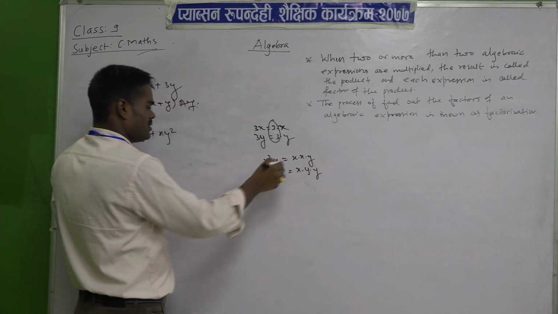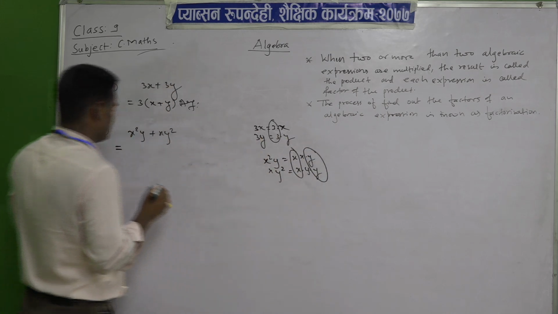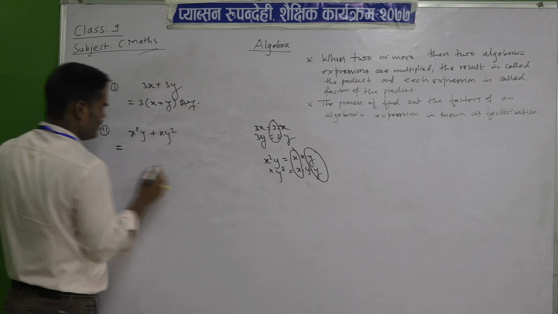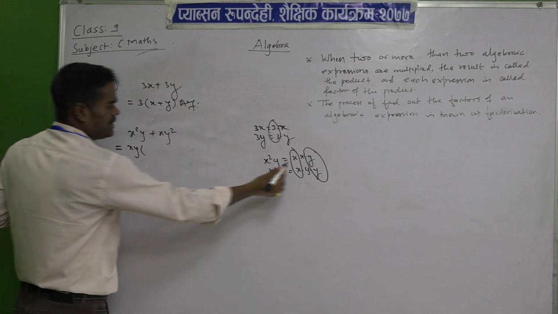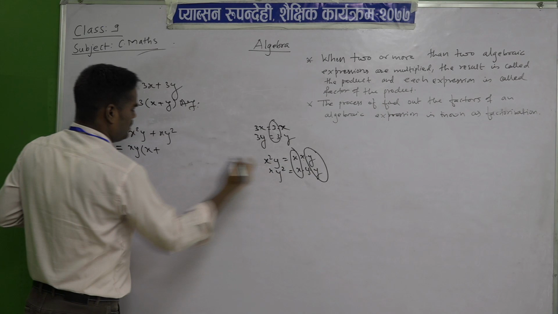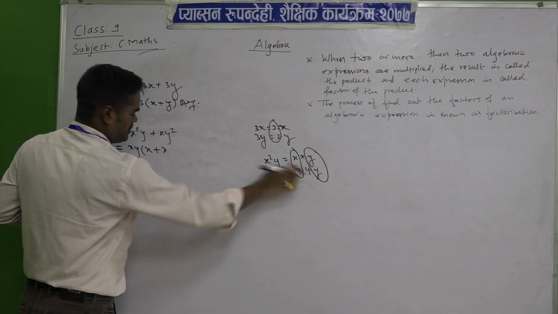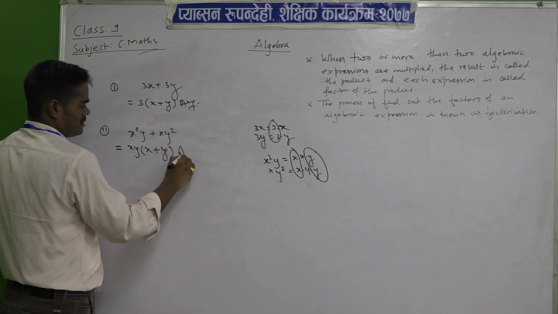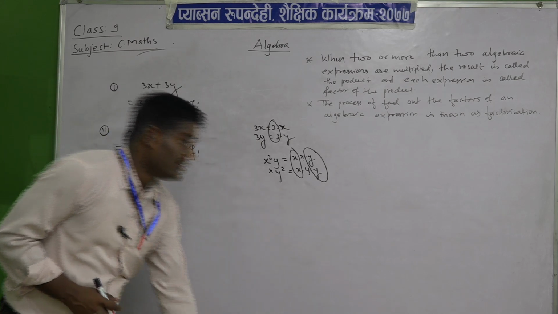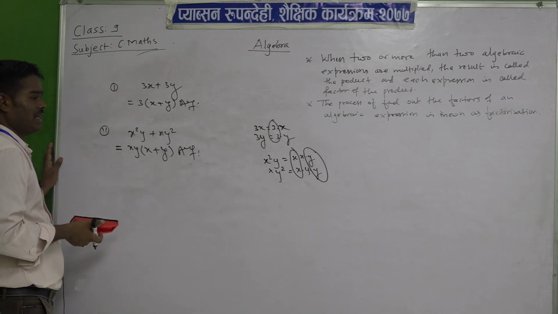What is common? Circle them. So x is common here and y is common. Then see here, in the first term x square y, what is inside the circle? x and y. So x and y, what is left here? x, plus this sign. Here also x y is common, I have taken x y here already. What is left? y. So this is the factor. Understand? This is the factor. So these are the factorizations of binomial expressions.